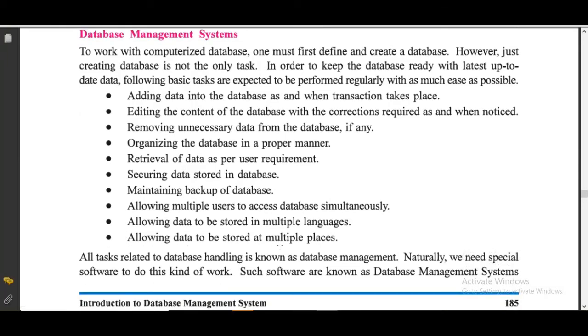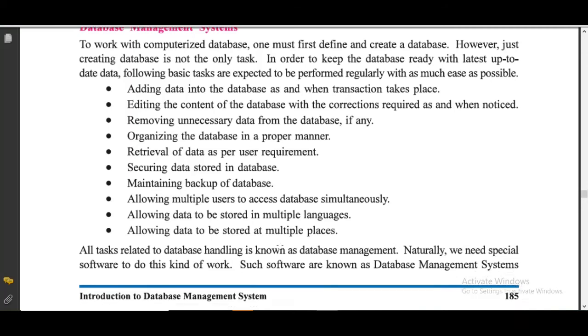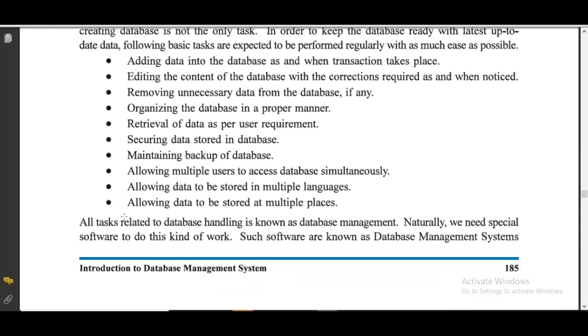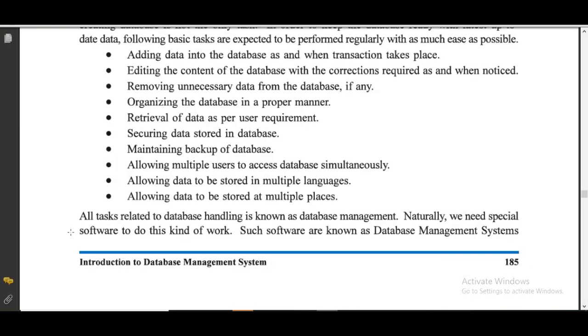Allowing data to be stored at multiple places. And this database can be stored at multiple places, irrespective of physical location.